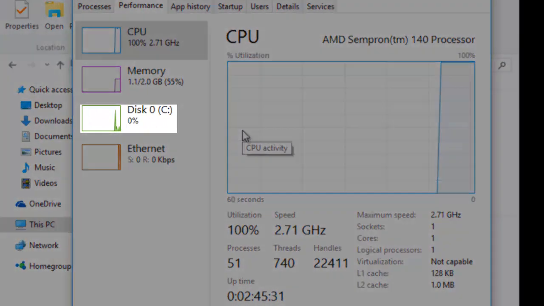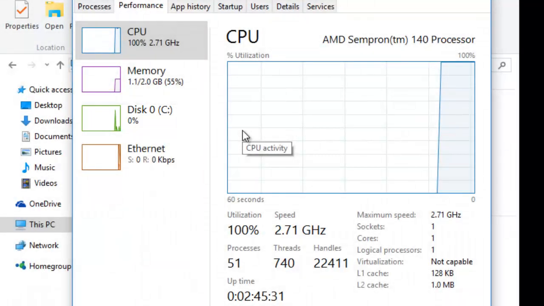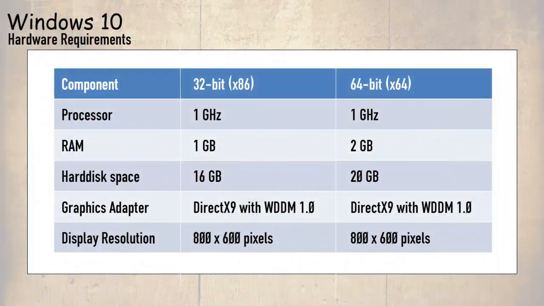Notice here a peak, so why has the hard drive been used here? This is normally due to a swap file being created. In other words, if there is not enough RAM, Windows will pinch some of the hard drive space to substitute for the RAM. The problem here is the hard drive is slow to react, and hence why at that point it was the slowest. So this is the minimum specifications,